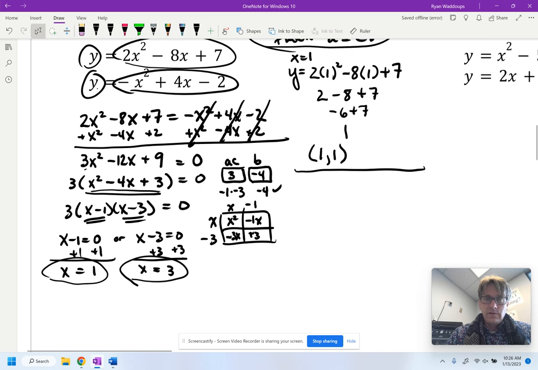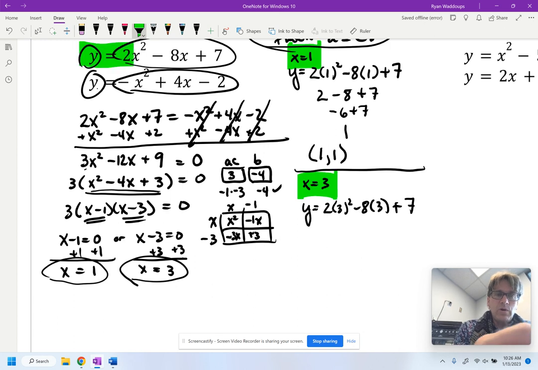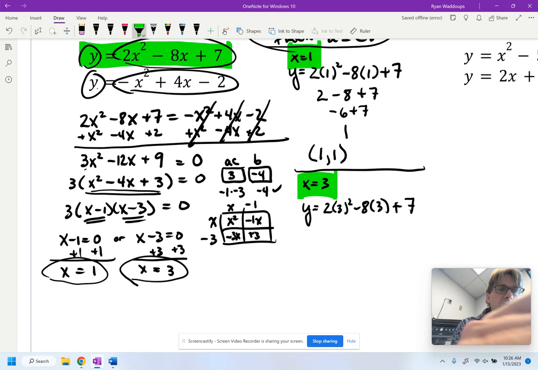And look at the other one, say x equals 3, and I put in y equals 2 times 3 squared minus 8 times 3 plus 7. And I'm just substituting in this x equals 3 and this x equals 1 into one of the two equations. And it doesn't matter which one because it has to be a solution for both. But I chose to put it in the top. You might choose the bottom, and that's fine. So 3 squared is 9 times 2 is,